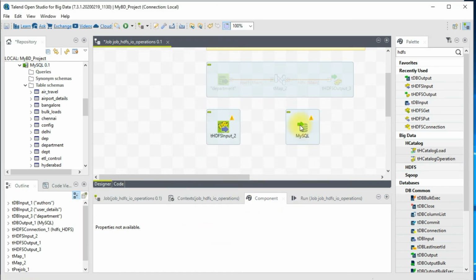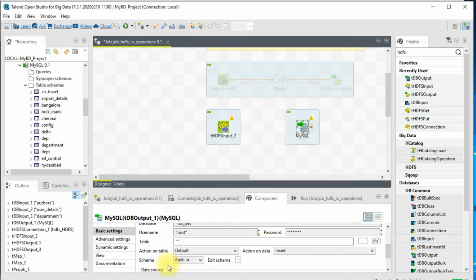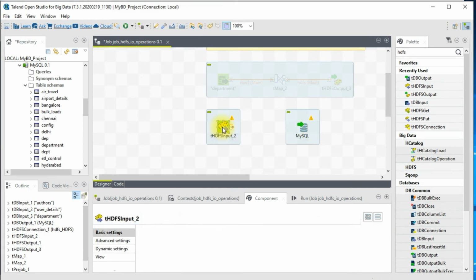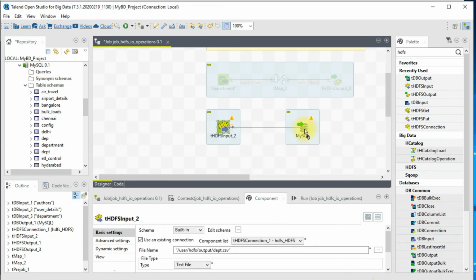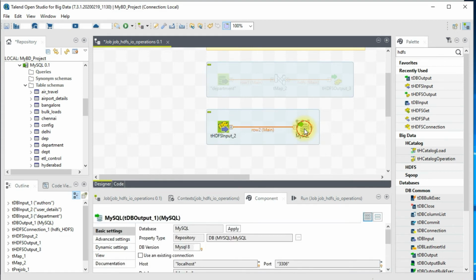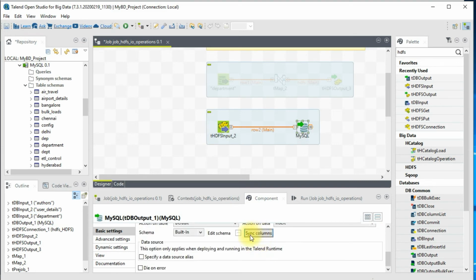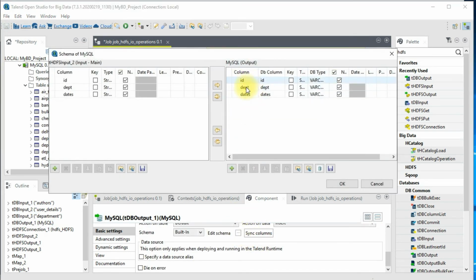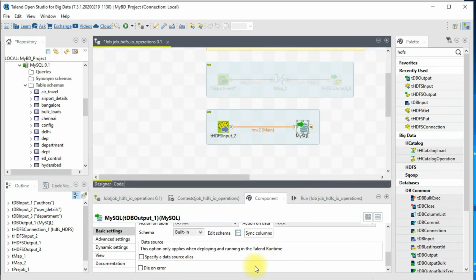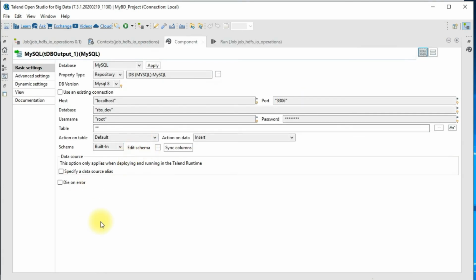Right, so that way all the connection details and everything is automatically populated. Right, so this is one of the good features. I'll connect it using main, and on the target side I will go ahead and just sync the columns. You see now all the columns are synced. Right, let me expand this.